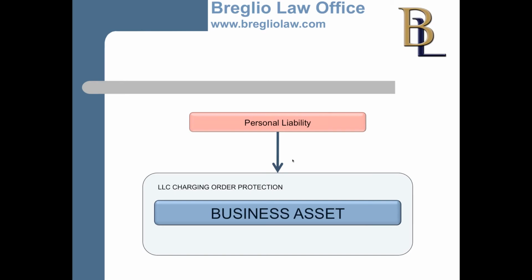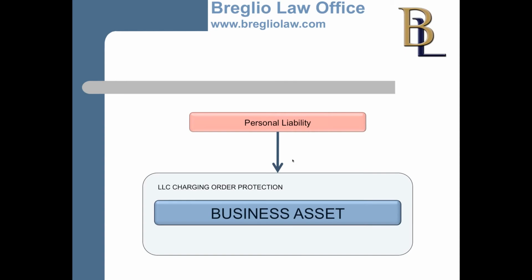So this charging order protection really becomes valuable, and it really prevents people from even going down the road in the first place of getting one, because they could end up with a tax liability year after year after year, paying tax on something and never getting a distribution. And this could go on for decades. So when people who are owed money are looking at this, they're much less likely to even bother in the first place because they may never get paid. But even if they do want to go after it, that business asset is still protected. And this charging order protection is really great to protect that business asset.